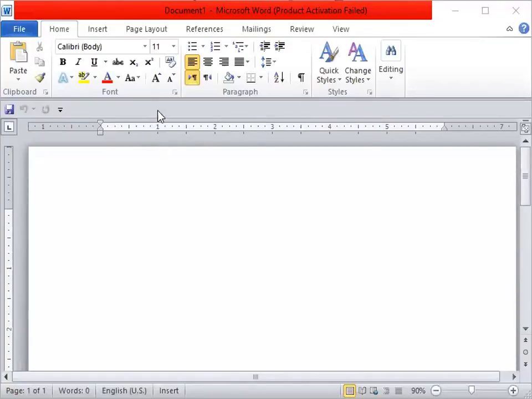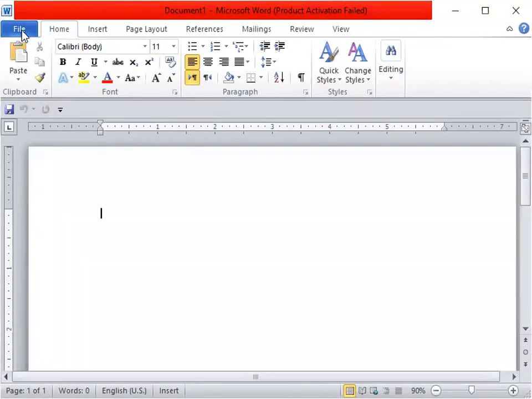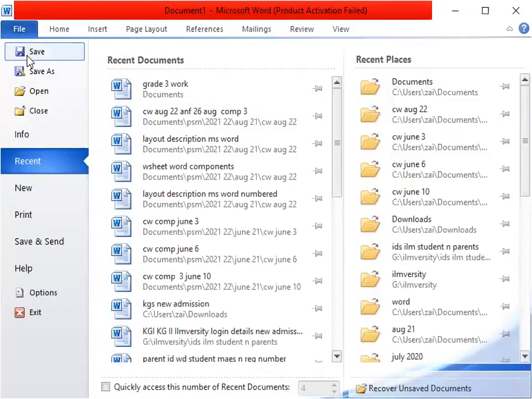Yes, my children, you can see today's task is the fill in the blanks, which is a book work. Before we move on to the blanks, we will discuss a few things from this Word window. The first tab over here is File, and when I click on this tab, the options I see are Save As, Open and Close. So the Save option is available in the File tab.